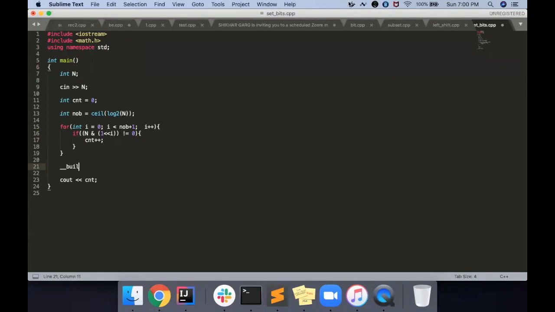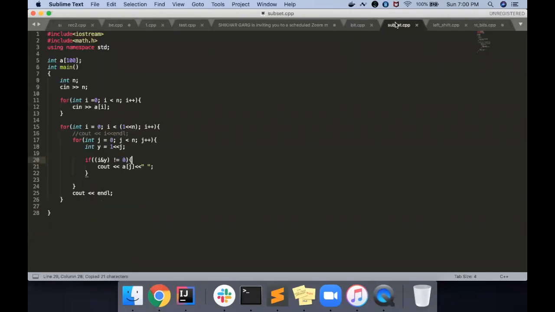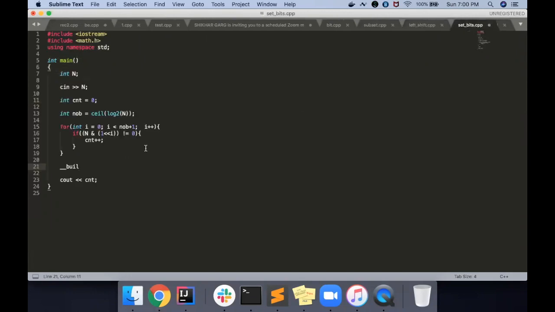I just forgot the spelling. Again, one second. Just copied it again. How to move this thing? Left shift. Reset bits. Yeah. So there is an already present function which is __builtin_popcount. So that directly returns you the